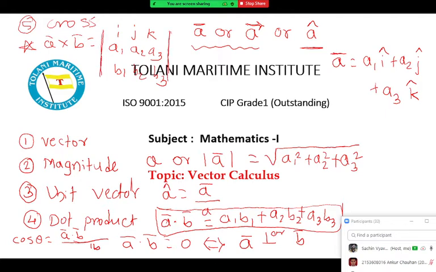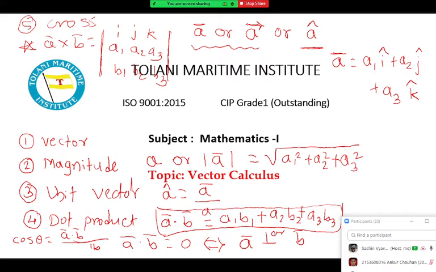The definitions are generally without proof. There is no direct proof you will get anywhere. It is defined on the basis of some observation, and those observations are real life situations. So that is about the important definitions you should know. If you know only these five things, you will get the entire vector calculus, and it will be very simple.